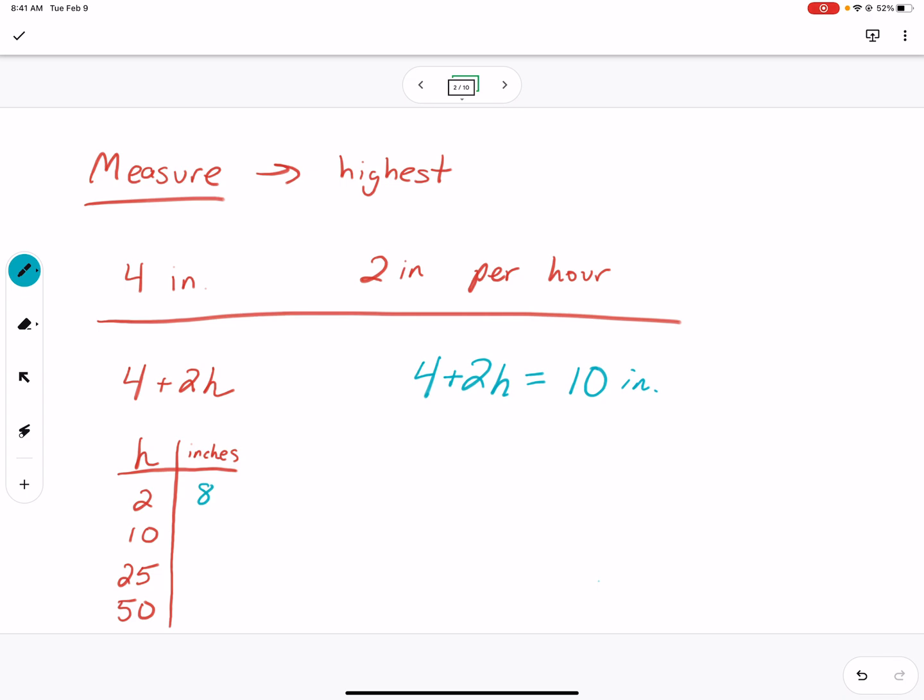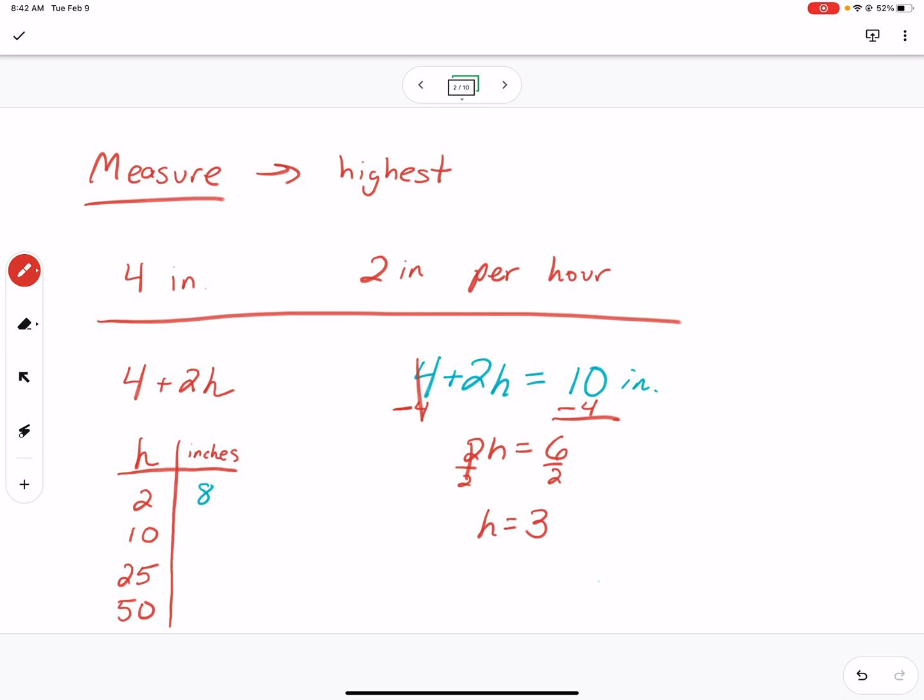Okay. Now, you want to get this variable all by itself. Okay, this is a 2-step equation. So what has to happen is you have to take away the 4 first from one side. 4 over here. So now I have 2h equals 6. Now the opposite of multiplying by 2 is dividing by 2. Divide by 2, divide by 2. 3. So this means it snowed for an additional 3 hours over at Ty's house.